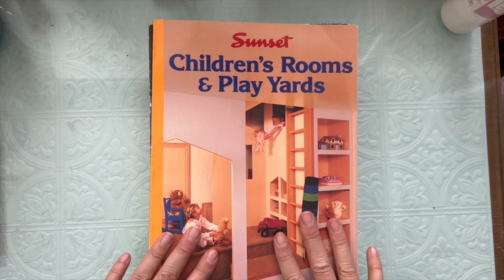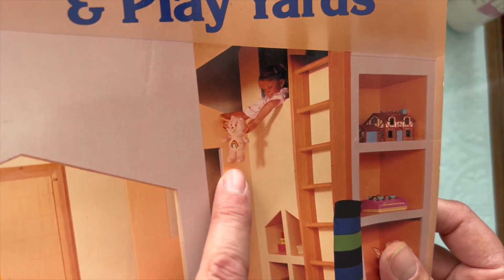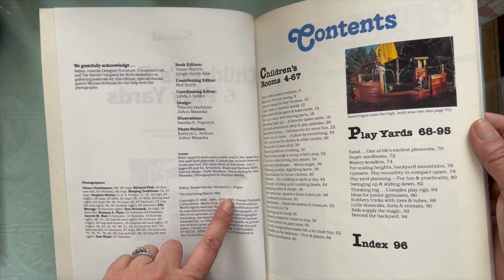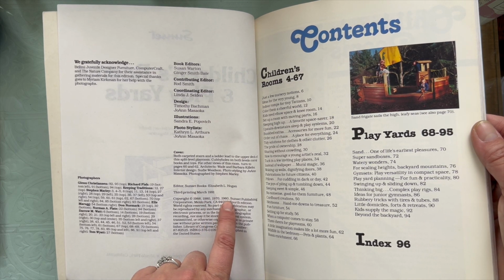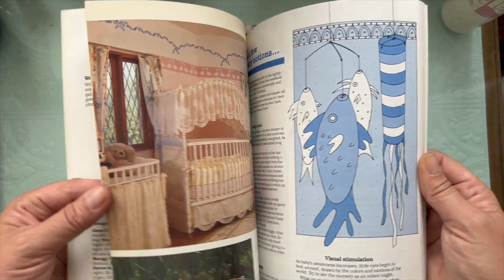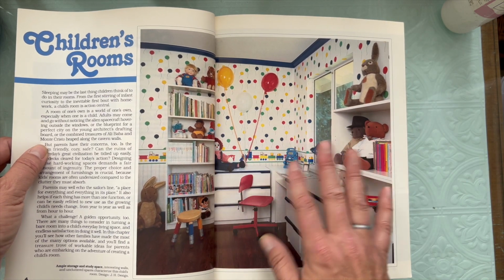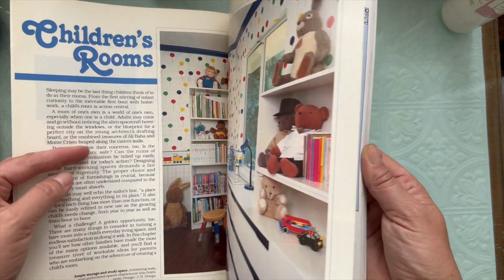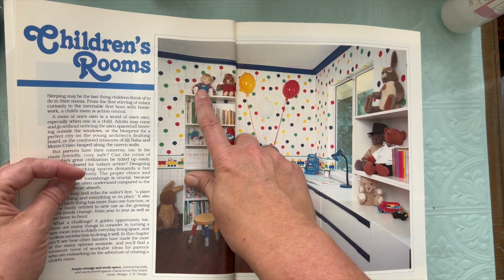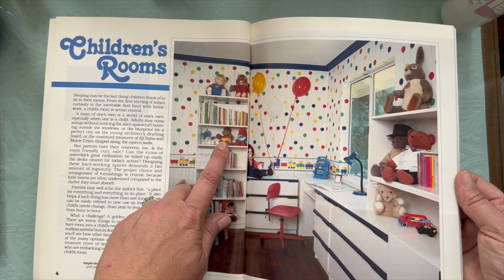Then I got some DIY books. Sunset again. This is from the 80s. See her holding the Care Bear. 1988. Originally, third printing, 1991, but originally printed in 1960, reprinted in 70, 80, and 88. And I'm guessing they did some updating because this looks very 80s to me. This looks just like the colors in my nephew's bedroom in 1985. And look, Teddy Ruxpin and My Buddy, is that what his name was? I can't remember exactly. It's Papa Smurf, a Cabbage Patch doll,